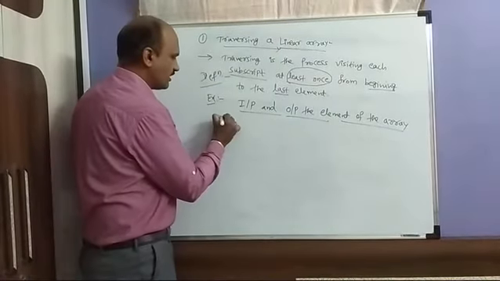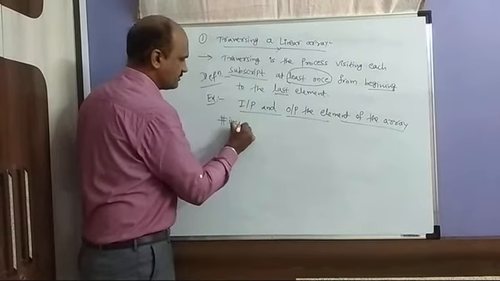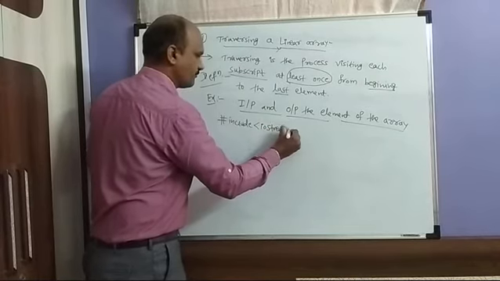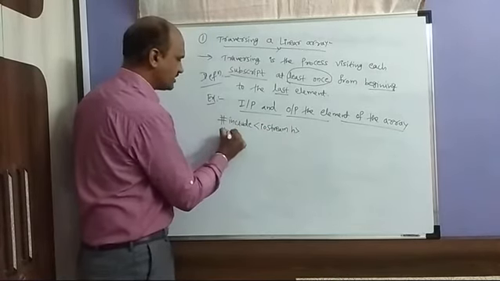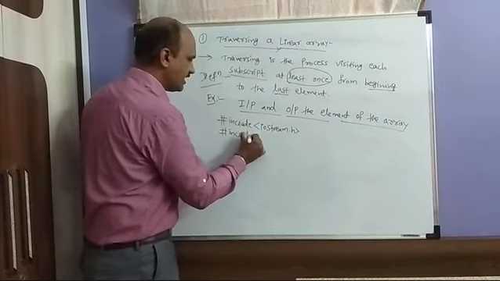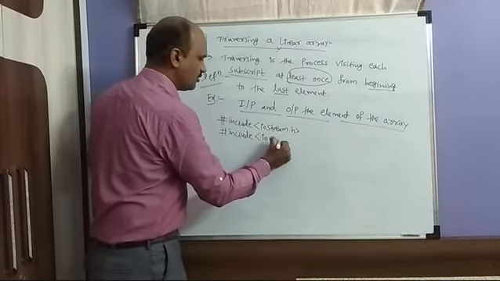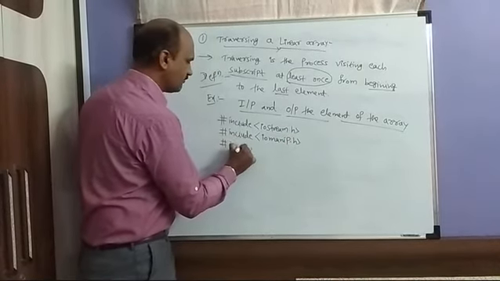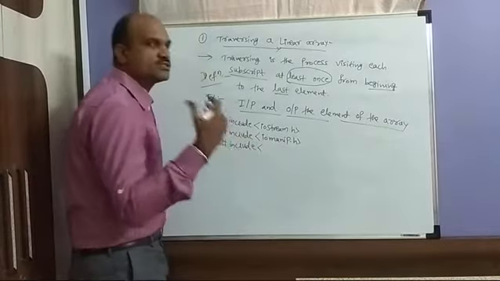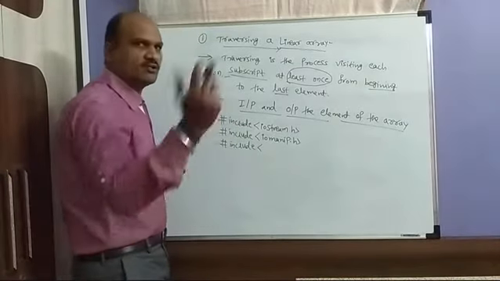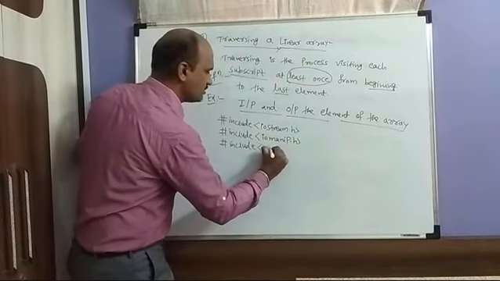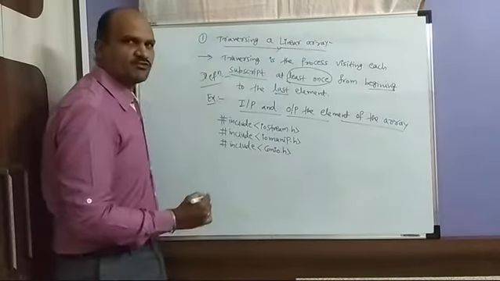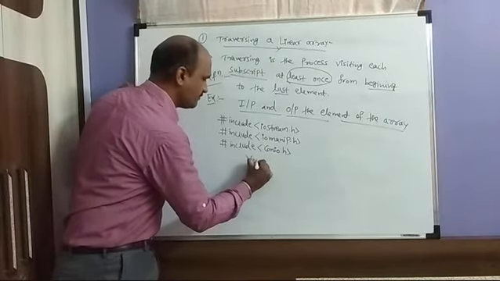So first it starts with the header file, hash include iostream.h. The basic header files you should write in C++ are iostream.h, iomanip.h, then conio.h. These are the 3 basic header files to start a C++ program, as you learned earlier in the first year. Okay, then it starts with the main, void main.